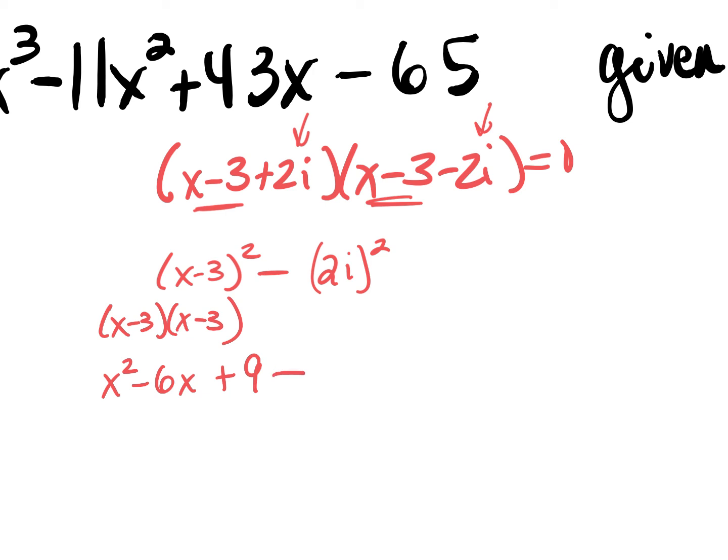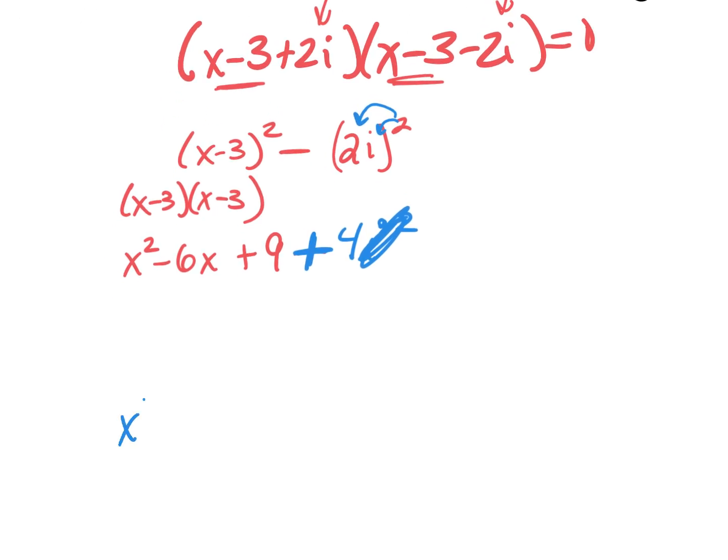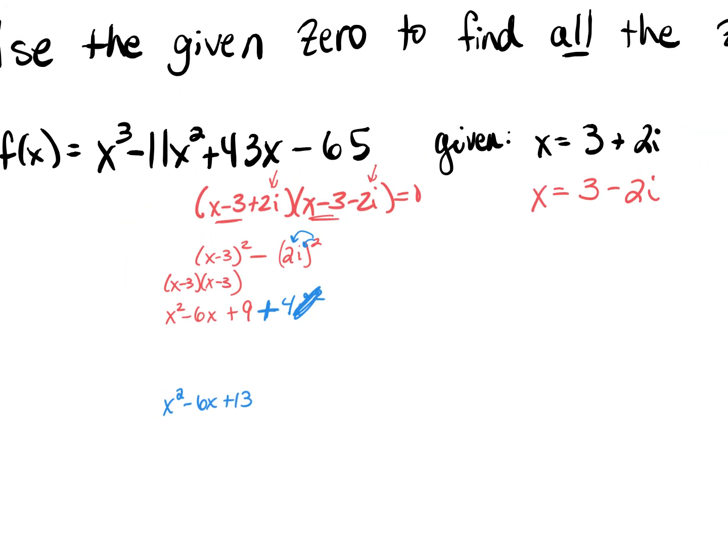Minus, what do I do with this 2? I have to distribute it to both the number and the letter. Make sure you guys do that. So 2 squared is 4, and then I have i squared. As soon as I see i squared, what do I do? Cross it off and change what? The sign. So I have x squared minus 6x plus what? 13. And I'm going to divide that into